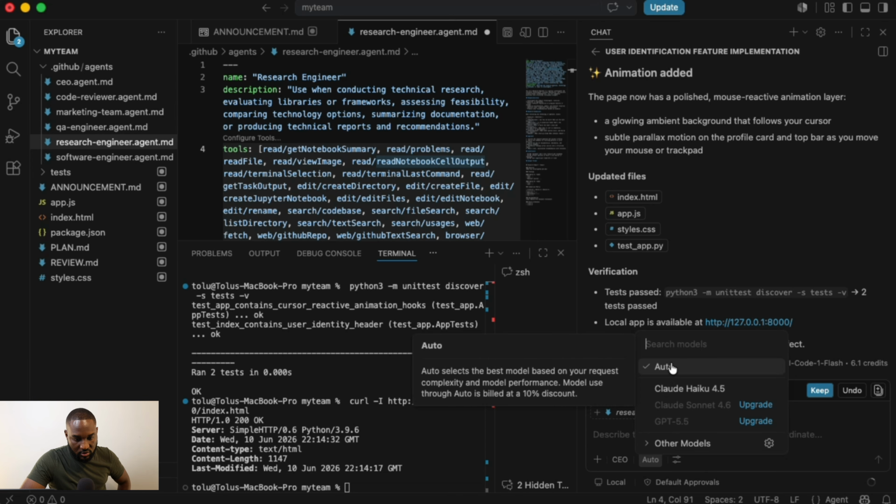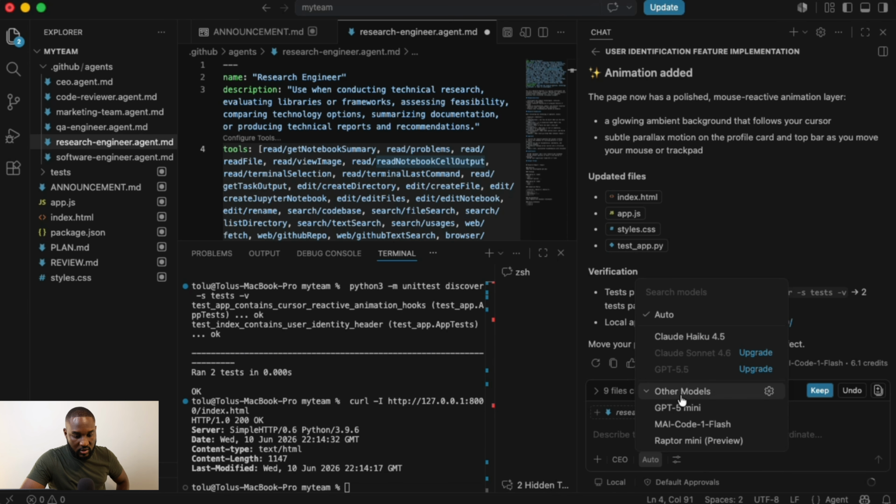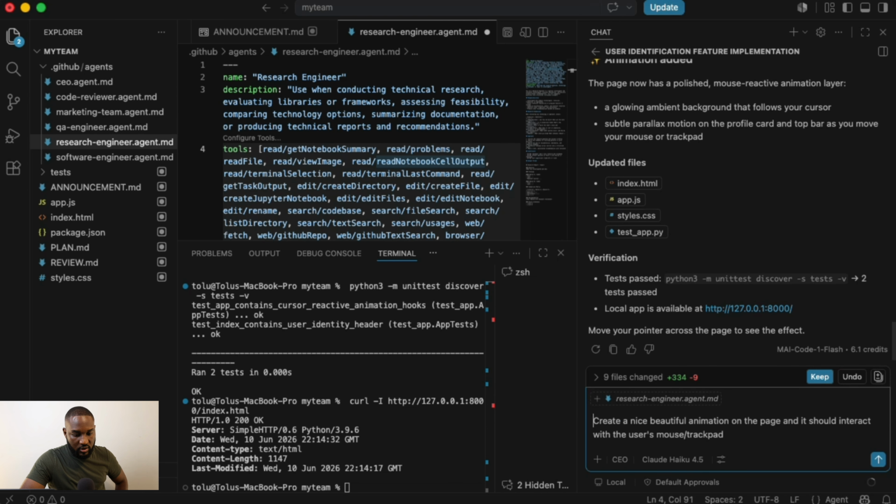Remember, this is auto, right? So your GitHub Copilot automatically detects a model and uses it. Here it uses MAI code 1 flash. If I wanted to use a different model, let's say this model here,